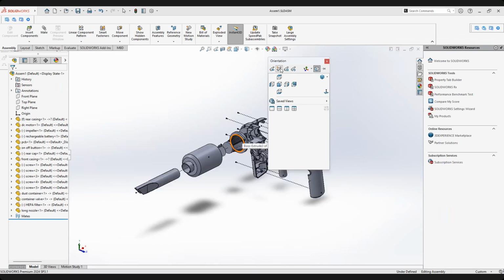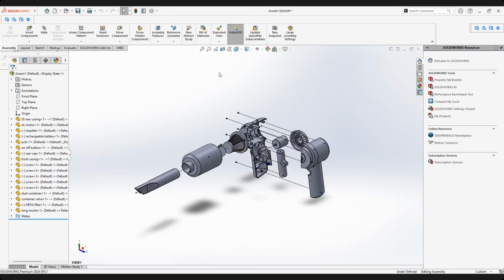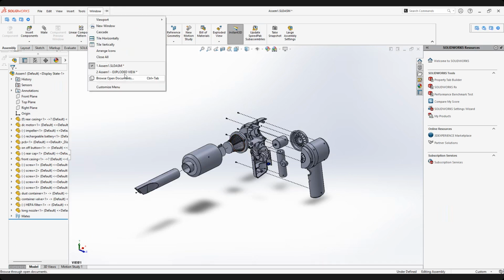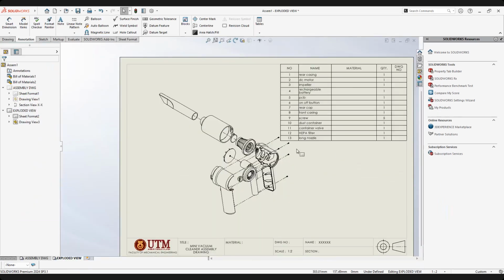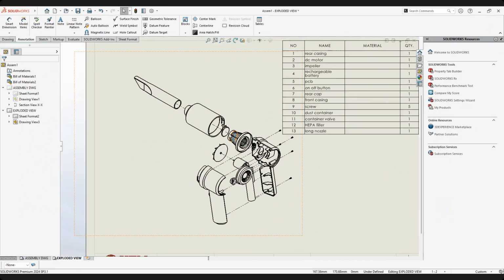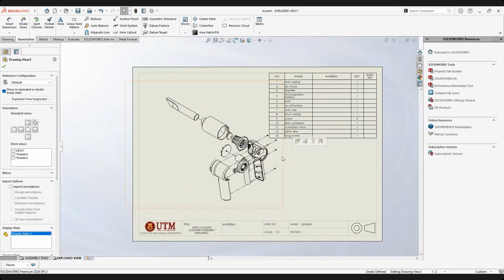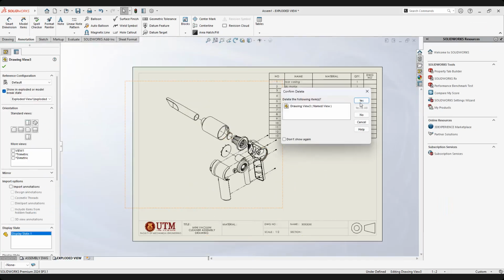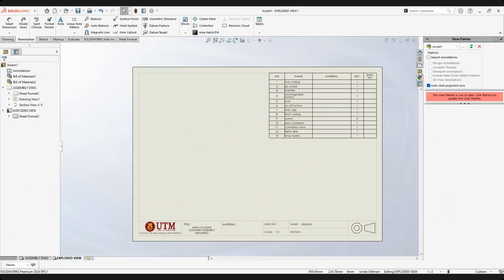New view. I name it as view 1. Okay, view 1. So I already named it as view 1. If I go back to the assembly drawing, explorer view, but to me, I think this is a better representation. Let's say you don't want to go for this view, you want to go for view 1. Under view palette, you click refresh, then the name view 1 will be put in